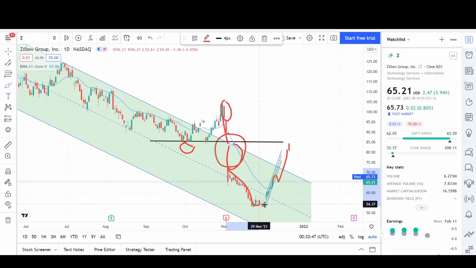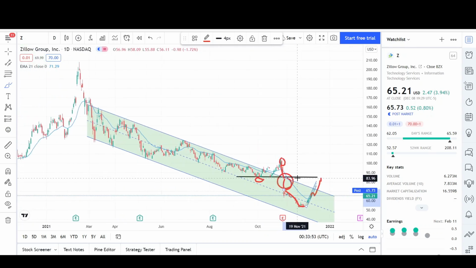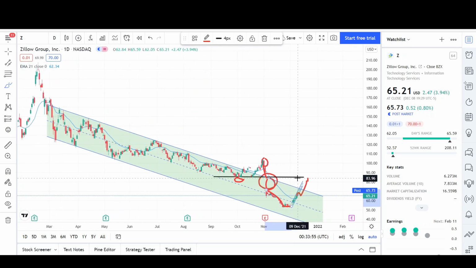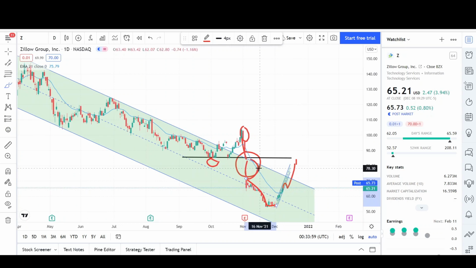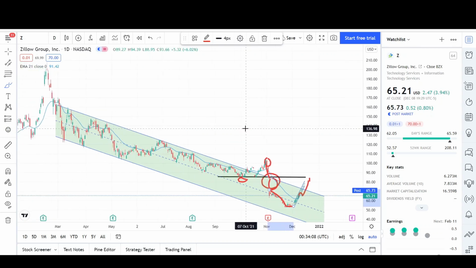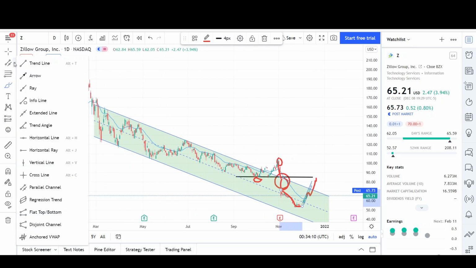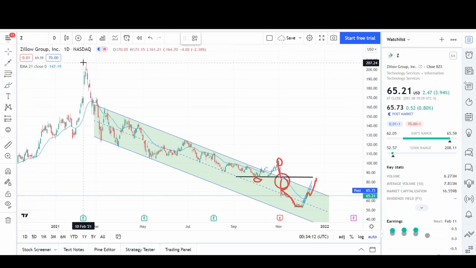We found some type of support at the $53 level, $52 level, and now we're seeing this reversal. So I believe this reversal will continue to trend higher and higher, just because we were super extended from the EMA, and now the price action created a large gap that needs to be filled. So I think that's where price action is working up towards. We already met the measured move. This was the first leg down right here,